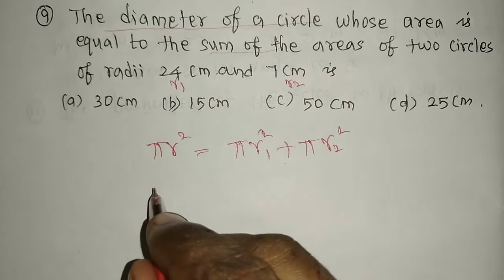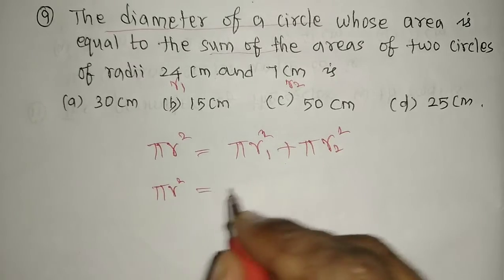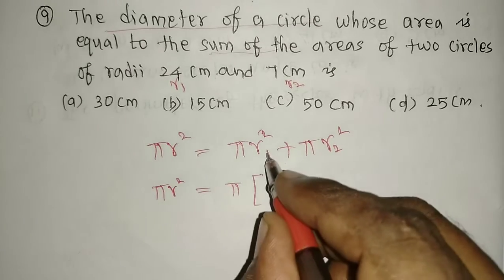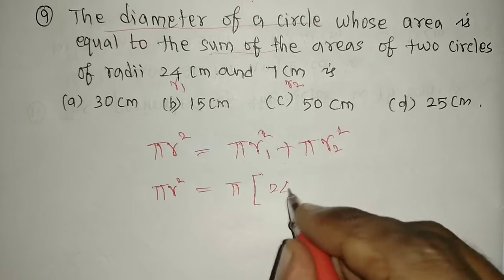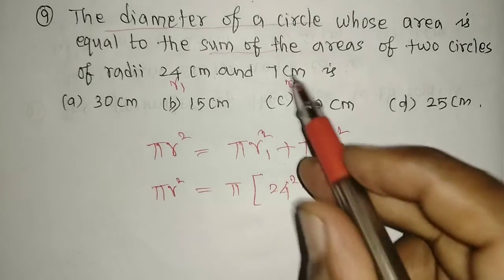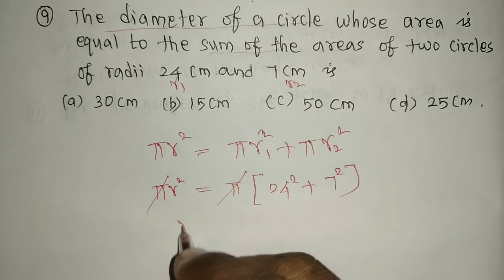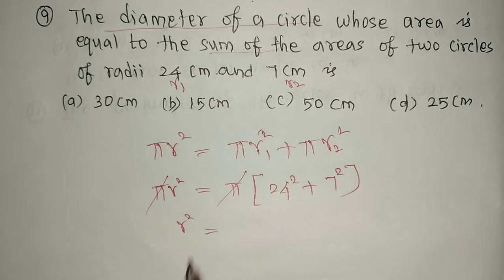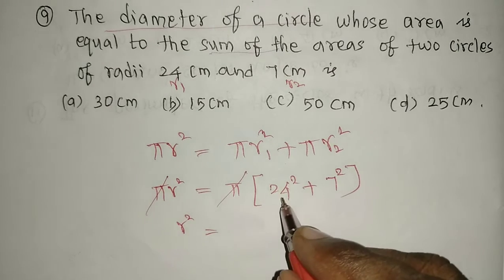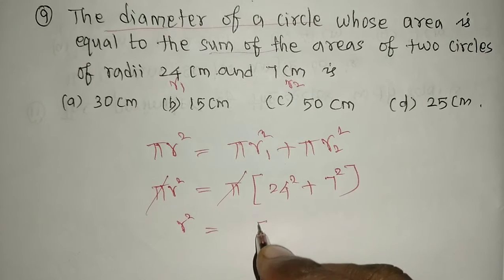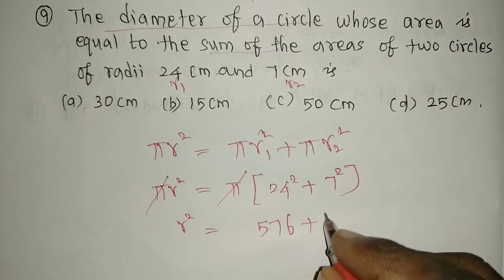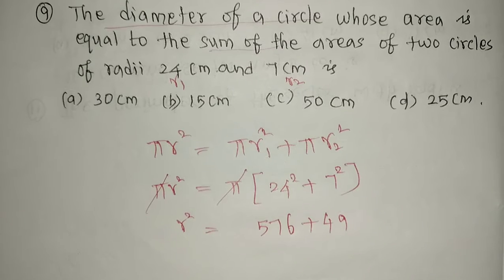Now take pi commonly outside, then it will be cancelled. So R squared equals 24 squared plus 7 squared, since we know r1 is 24 and r2 is 7. Pi will be cancelled. Now first our aim is to find R, then we'll go for the diameter. 24 squared we know is 576, and 7 squared is 49. If we add these together, we are getting